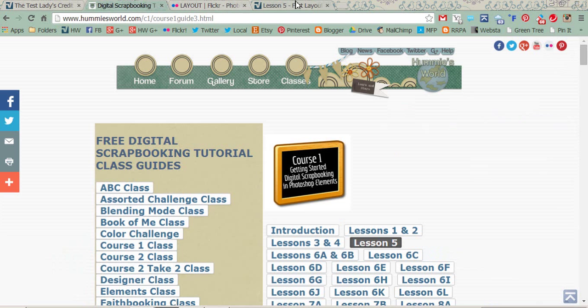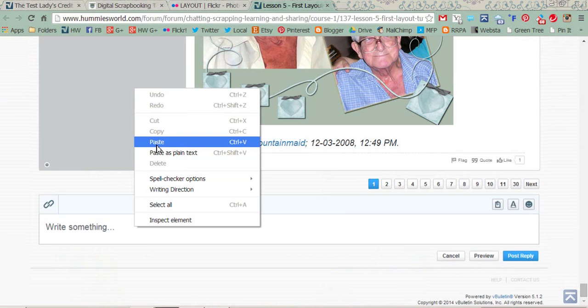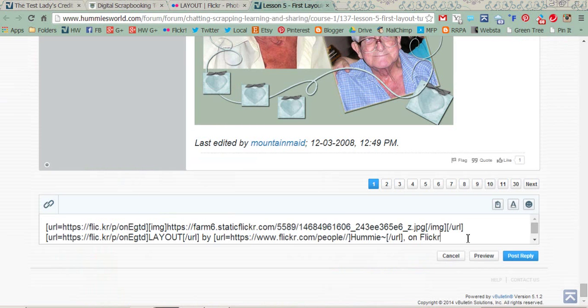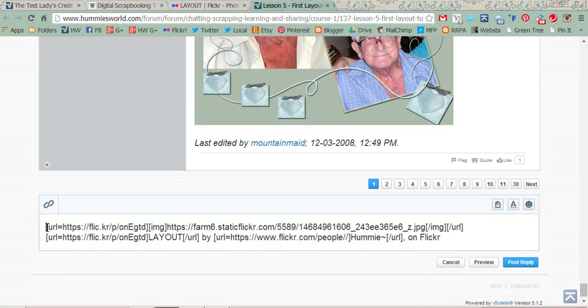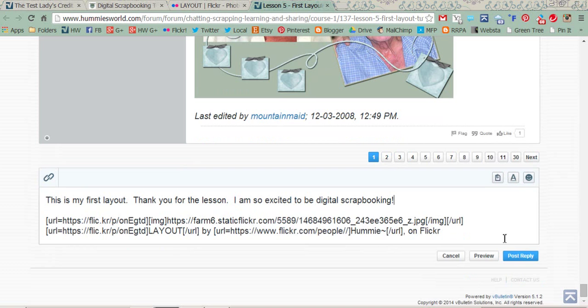We're going to go back to this tab, which is your first layout lesson. I'm going to do right click and paste, or you can do Control V. And if you want to write me a little message, you can space down, and this is my first layout. Thank you for the lesson. I am so excited to be digital scrapbooking. Okay, and you would do that, and it looks funky right now, this code from Flickr, but after you post a reply,